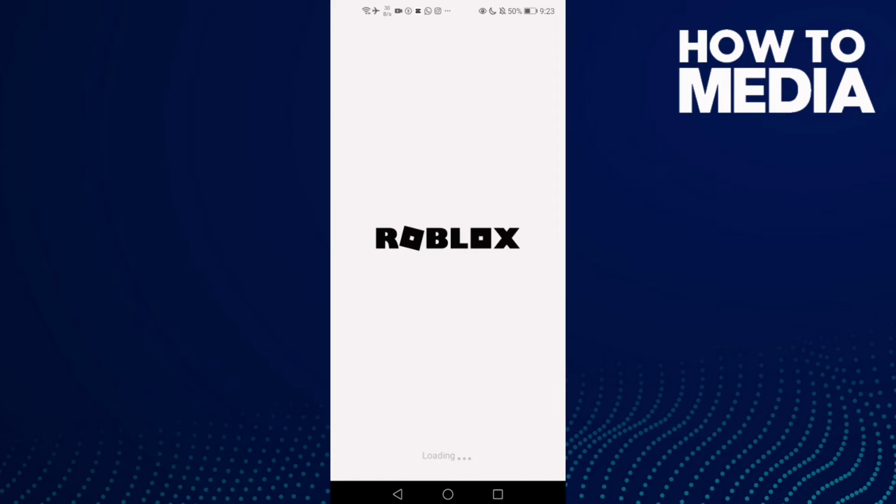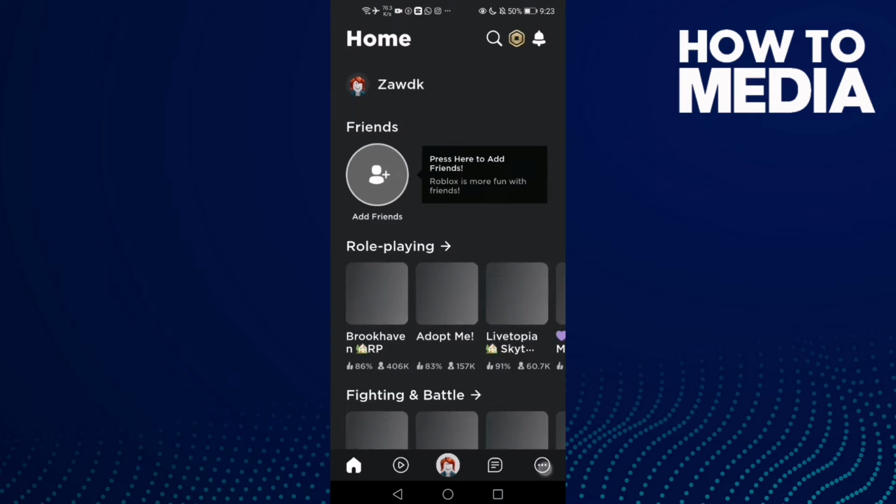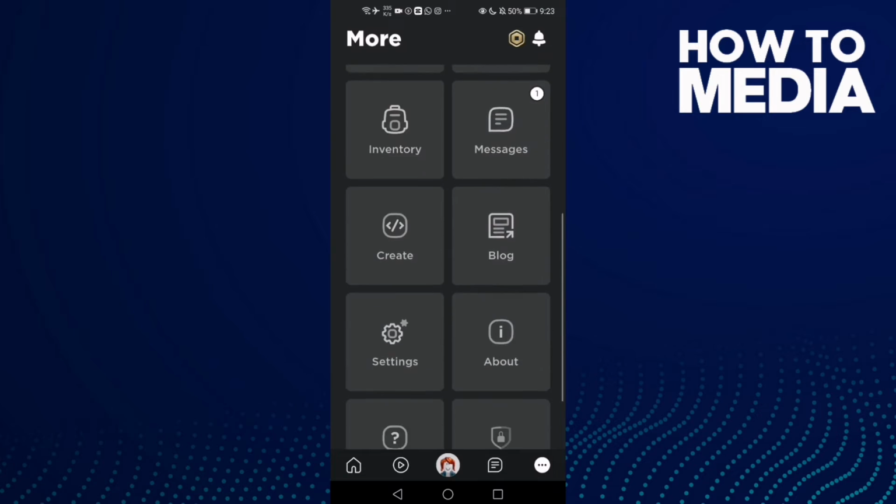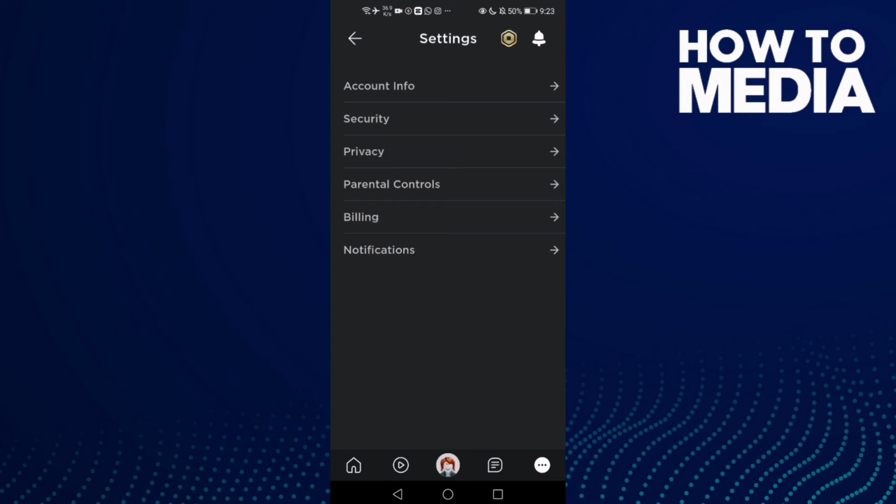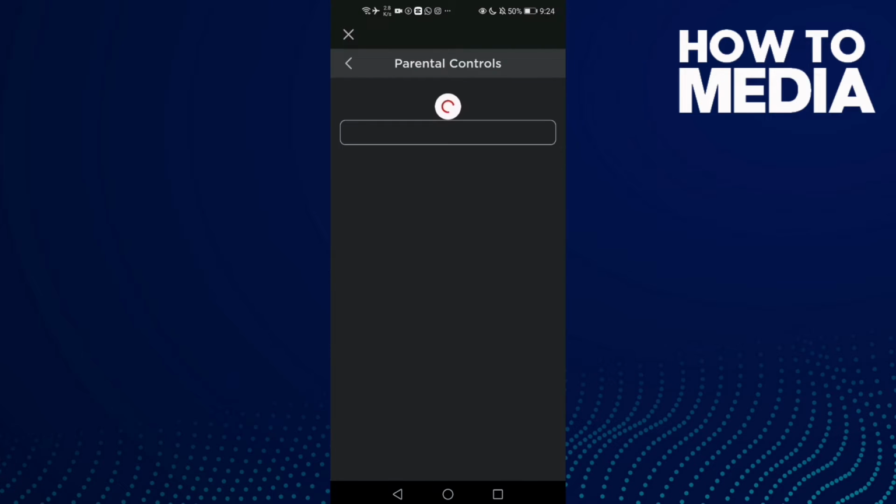First thing, go to Roblox, and here just click these 3 points in the bottom corner and then click settings, and now you will find parental controls. After you click settings, just click on it,